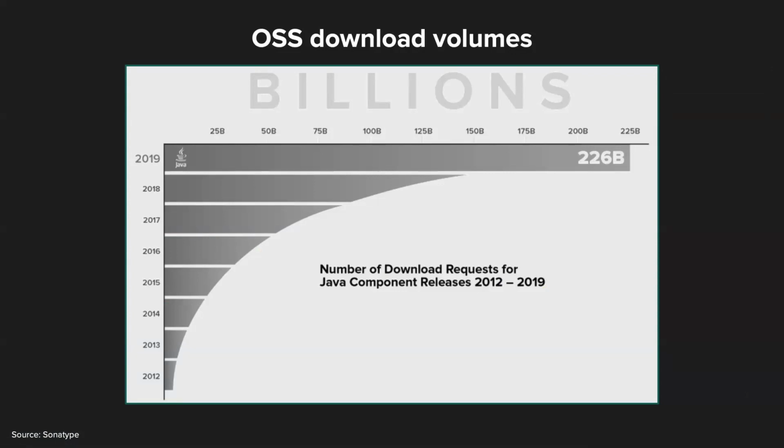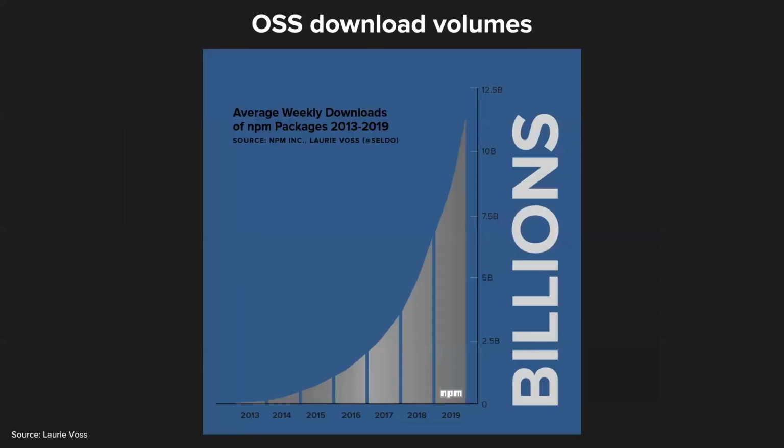People talk about Java being a dying language and people moving away from it. These downloads show, even if that is true, which I doubt it is, there's so much usage, it just keeps going up and up in terms of open source. And we see the same thing happening in JavaScript in the NPM ecosystem. And I'm sure if we had the stats for PyPI, RubyGems, NuGet Gallery, all those different ecosystems, they would all be doing the same thing. We just see open source growing and growing, more and more components on those ecosystems, and more downloads.